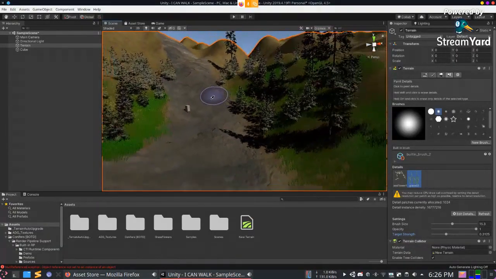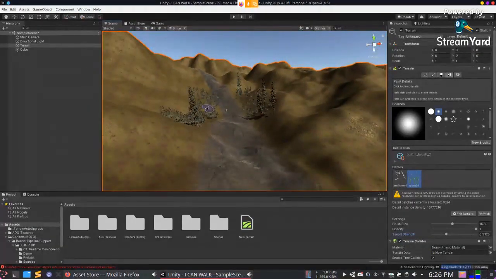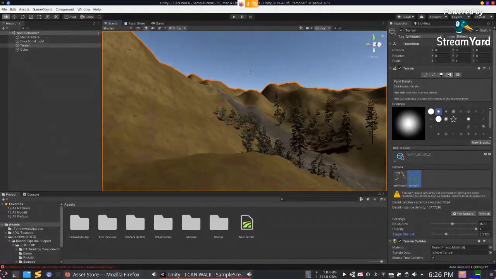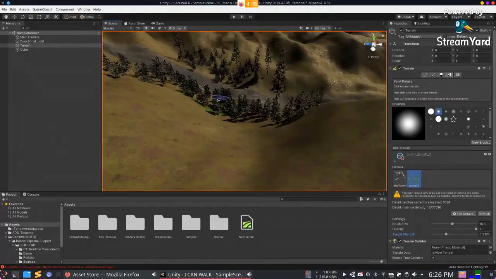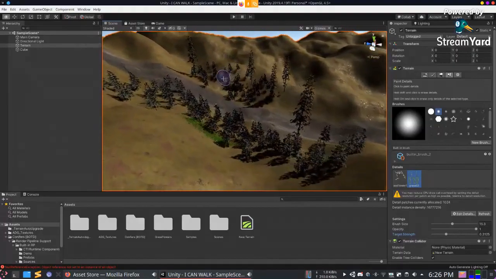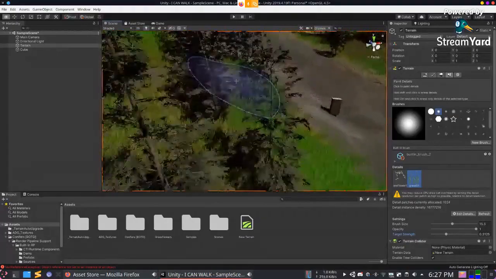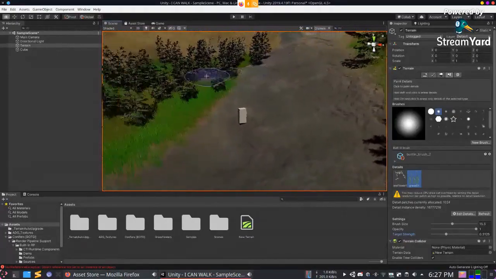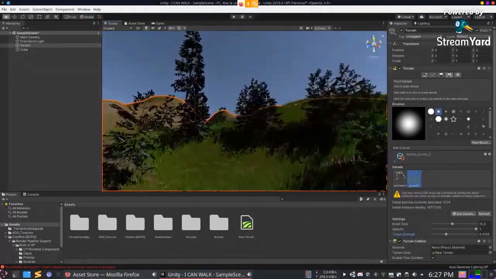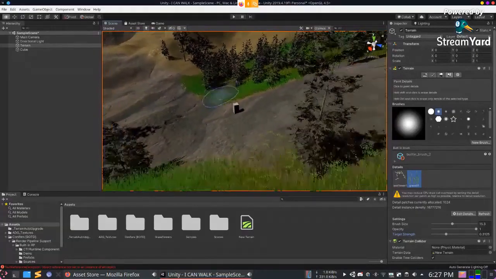One thing to note is that when you move farther away, you will see the grass disappears, and even the quality of the trees severely decreases. In most games this happens, but you will probably not notice this because you don't get to be meters away from a spot and be able to see it. That's how games are usually designed. It just loads it when you are near, and if you have any experience playing Cyberpunk, you know what I mean. They just don't care about loading. Sometimes it's the most artistic thing you have seen, and then sometimes it's just PlayStation 1 hybrid. But Unity does it pretty well.